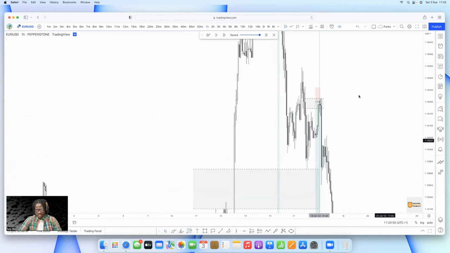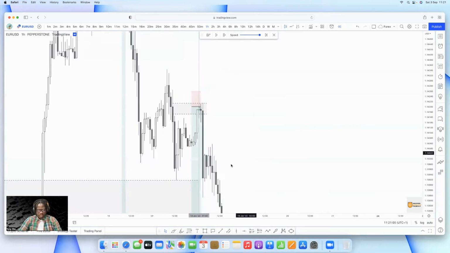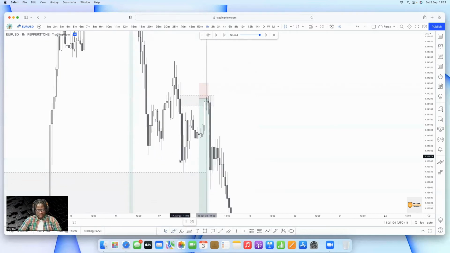Now check again. What do you see here? Price on 1 hour gave us what? Lower low. You see lower low, lower high. It broke the structure, gave us a lower low again. All right, let's see if I'm seeing an entry, but I don't know if it's actually going to be at